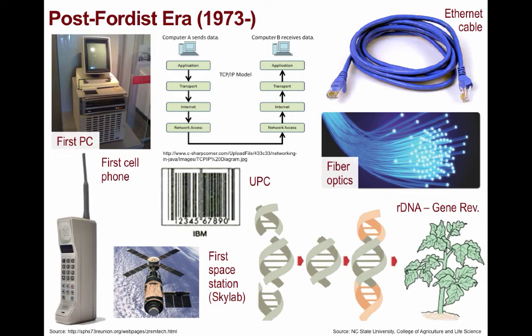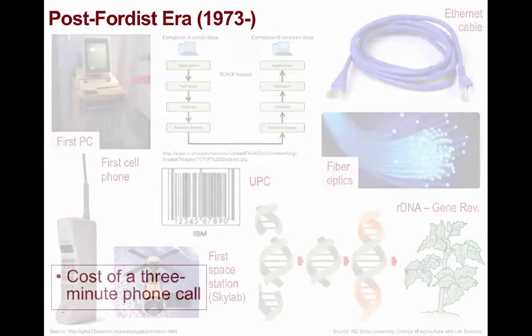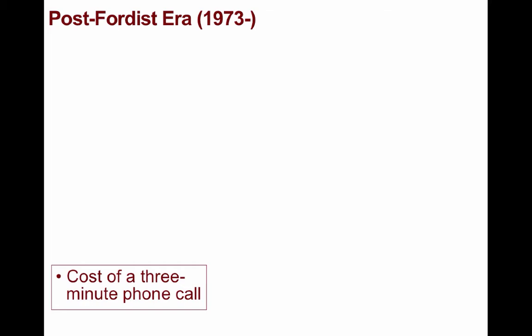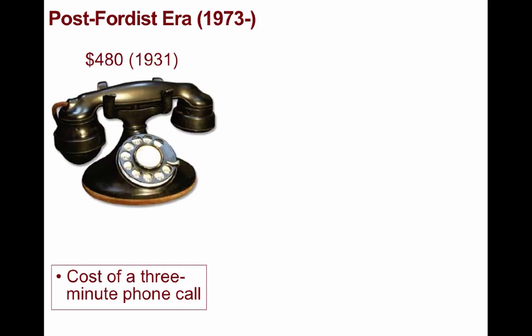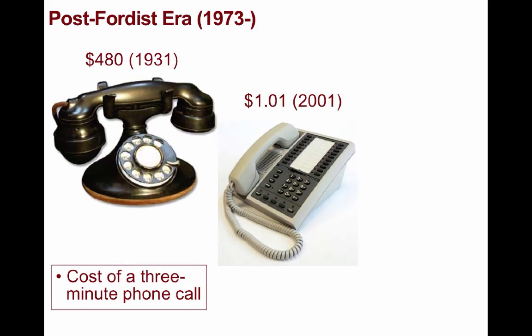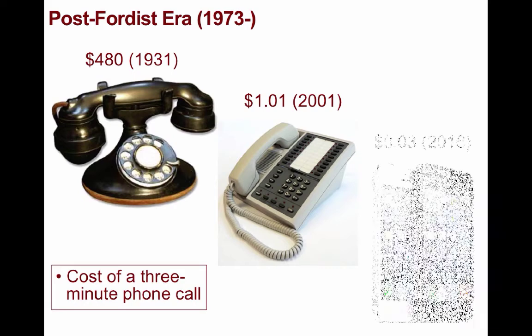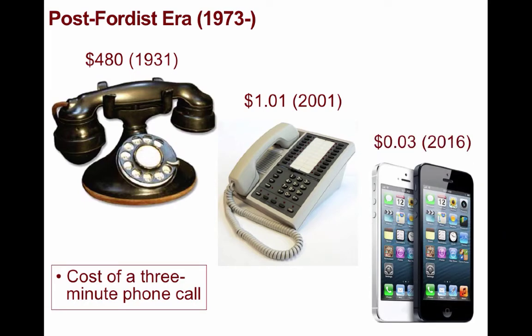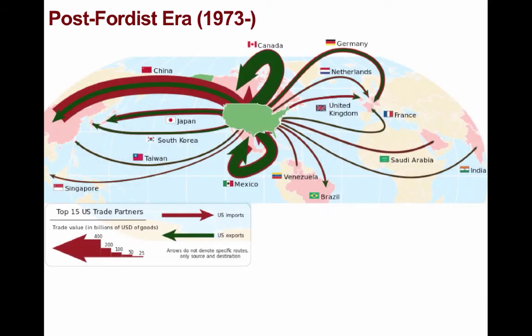it is easier to manage and control geographically dispersed supply chains. Again, adjusting for inflation using 2015 dollars, the cost of a 3-minute phone call from New York to London fell from $480 in 1931 to just over $1 in 2001 for a much better connection, and to just a few cents today. What is most different about the post-Fordist era is that transport and communication costs fell low enough that